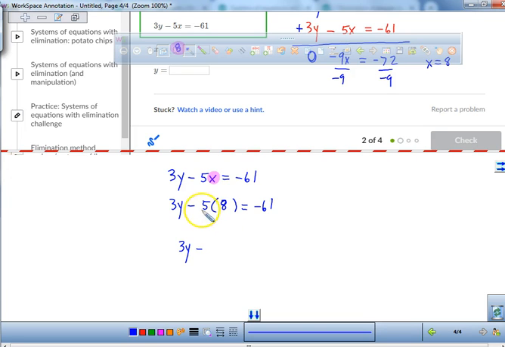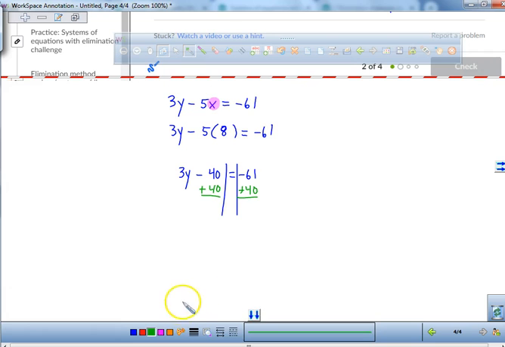Okay, so negative 5 times 8 is minus 40. Okay? Now we're solving for y. So what do I have to do to both sides, everybody? Add 40. Perfect. So we're going to add 40 to this side. We're going to add 40 to this side. And we're left with